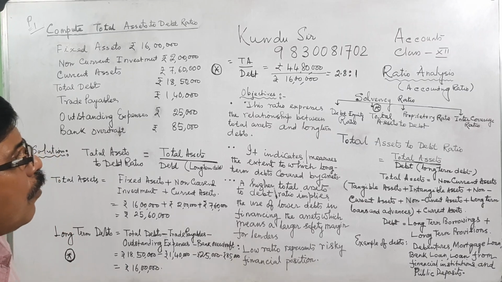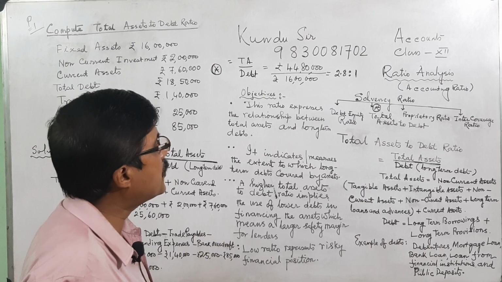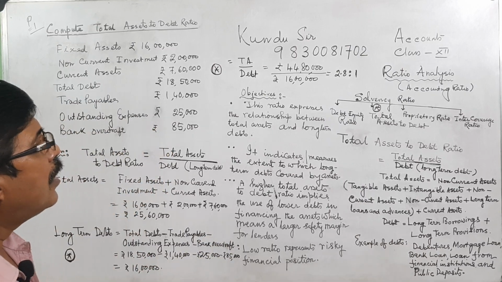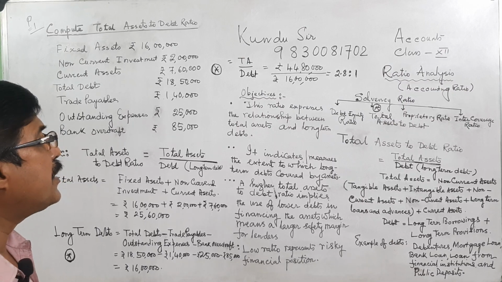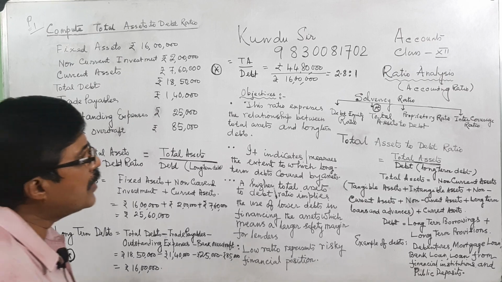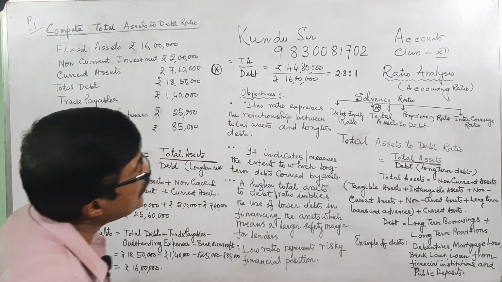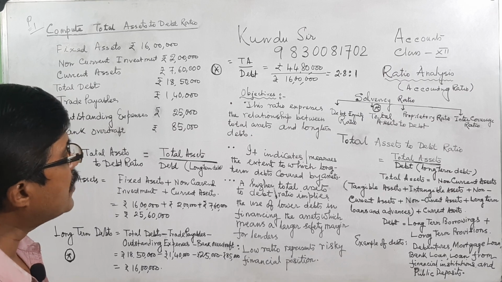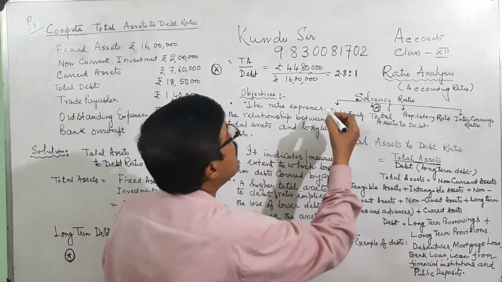Students, now I am going to start the ratio analysis, the solvency ratio. In the ratio analysis, there are 4 types of ratio, which I have already discussed. One is liquidity ratio, second is solvency ratio, third is turnover or activity ratio, fourth is profitability ratio. For solvency ratio, in the last class I have discussed the debt equity ratio.